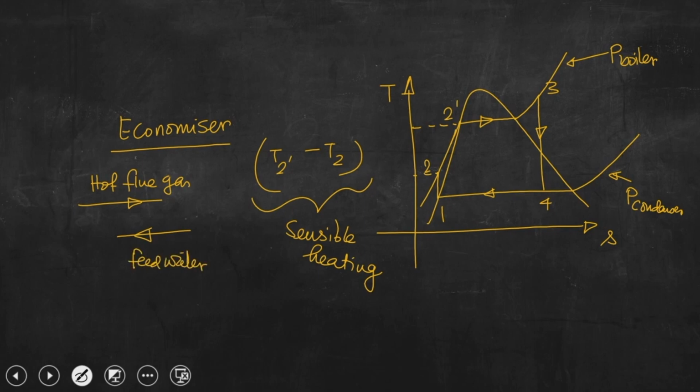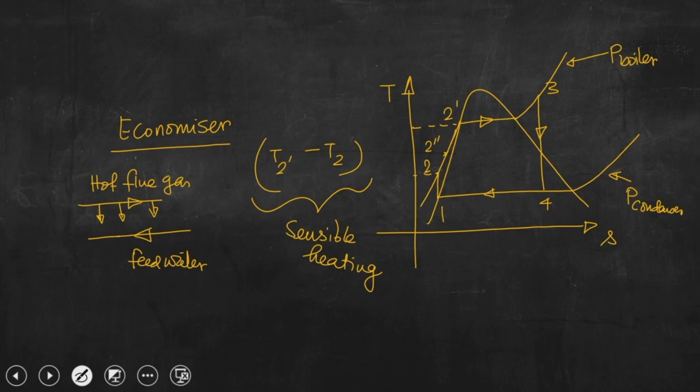Whether these two streams will be taken following the counter flow arrangement or parallel flow arrangement is again an important issue, but the main idea is to utilize the temperature of hot flue gas, and that heat will be taken by the feed water, so that we can increase the feed water temperature from 2 to say 2 double prime,